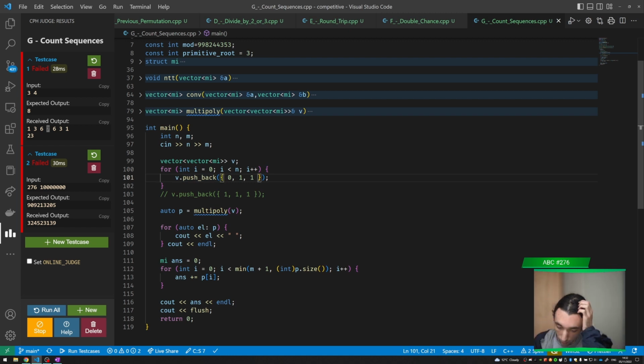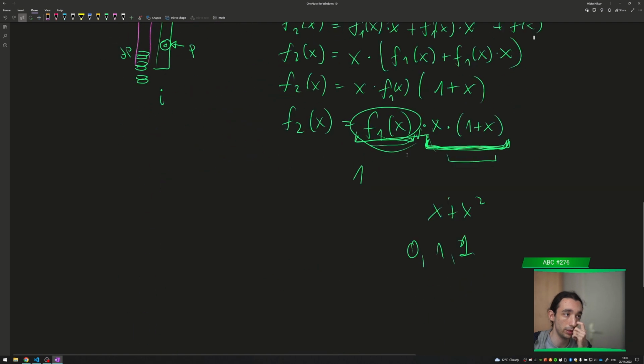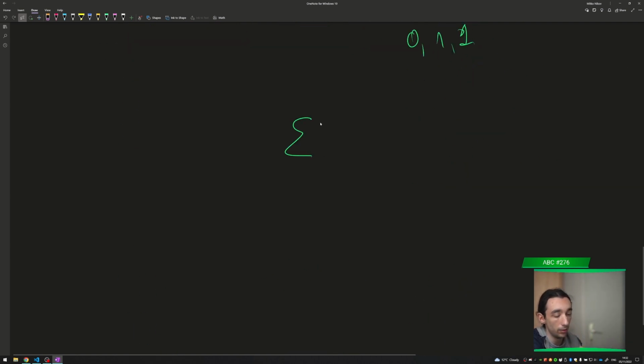Okay, I see why this doesn't work. We cannot just change. We need to shift it by one. We need to shift it again by one. Okay. To get both of these two. But we also want to get like, yeah. It's what I wrote at the beginning. It's much more complicated. It's like sum over f of x times x, let's say k, where k goes through like,